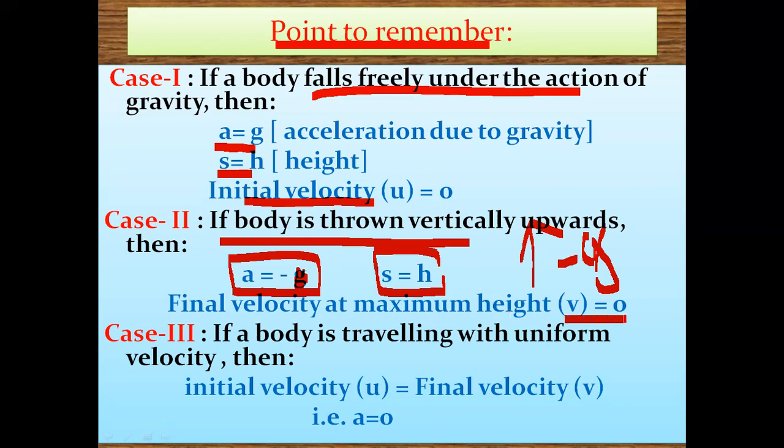Beside that, when we apply the brake, at that time also our final velocity will be 0. A car or bus, any vehicle, is initially moving, and after some time they stop, then their final velocity will be 0. Another case is when a body is moving with a uniform velocity, then acceleration will be 0. Why? Because acceleration means rate of change in velocity, and in case of uniform velocity, there is no change in velocity. That's why there is no acceleration, which means 0 acceleration.